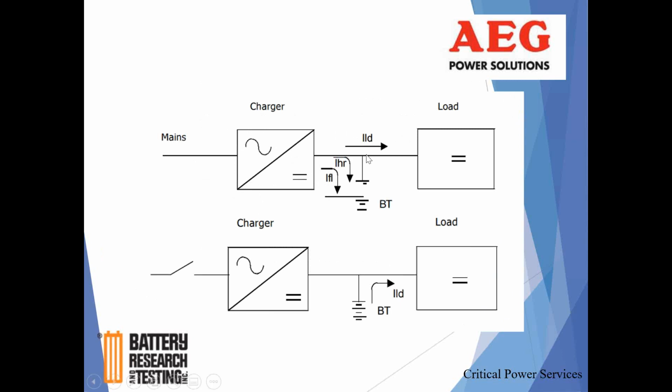So you don't have a transfer switch or anything like that to worry about. It is hardwired. There may be a fuse in the circuit or a disconnect, but there's no transfer switch. It should be mechanically connected to the load in parallel. So in the event that there is a mains or AC power input failure or loss to the charger itself, or the charger fails for any other reason, the load is directly supported by the battery without having to do anything. Once the power is restored and the rectifier charger comes back online, then it goes back into this condition up top